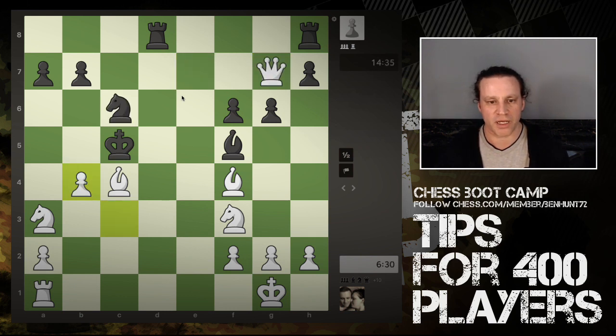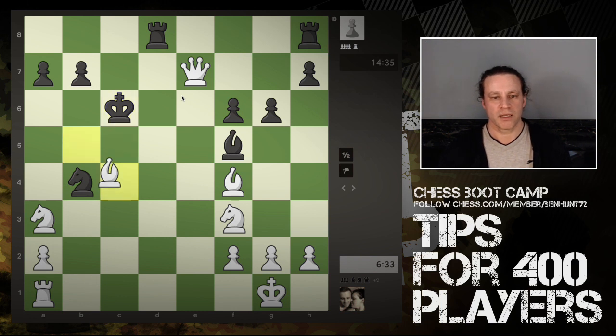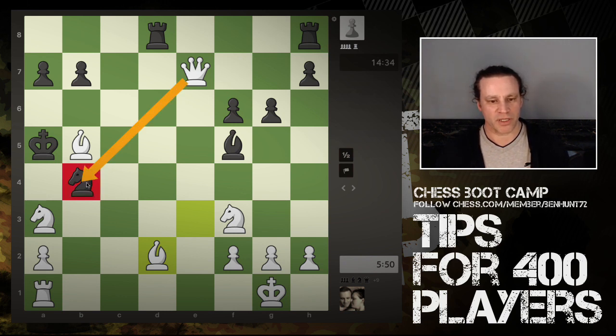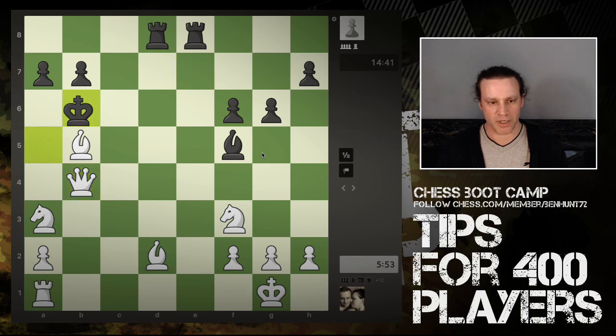Now I come in with another check because the knight is moved, freeing up the e7 square, and now another check and another check, and the king is now well out of safety. There's no protection around the king, and I'm threatening to come in and capture this. This knight again is now pinned, right? Very, very common tactic. A bit of a pointless attack on the queen because the queen can come in with